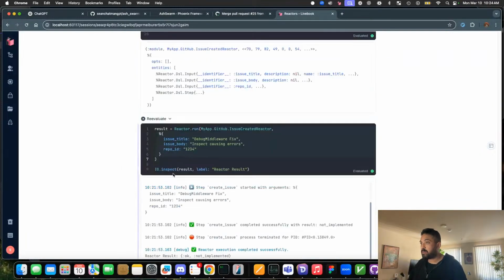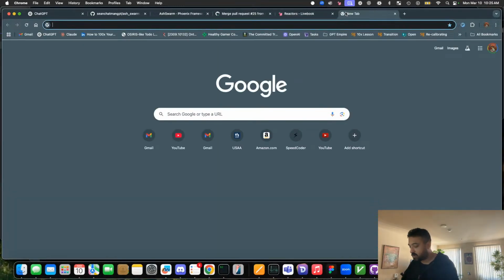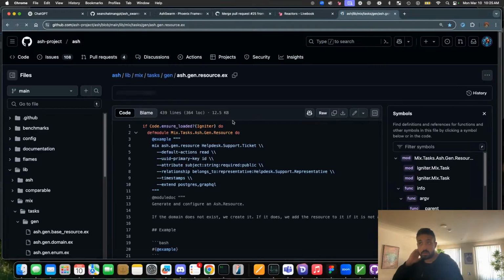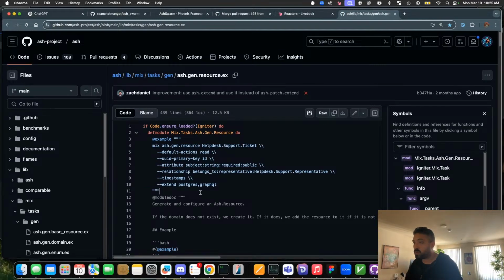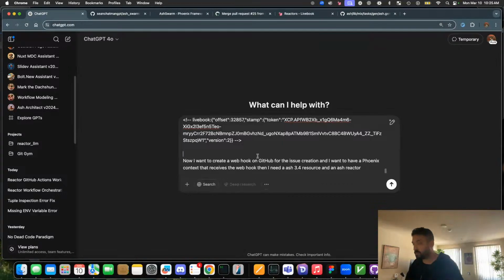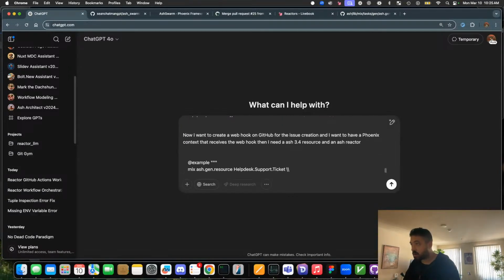But anyway, what we have is issue title, body, repo ID. Okay, so let's go create the Ash resource for this. I don't like doing this off the top of my head, so let's go to ash.gen resource. What we do is we grab this, paste it here, and say